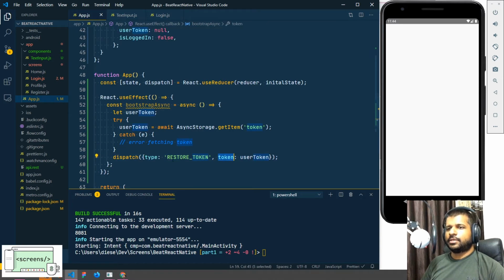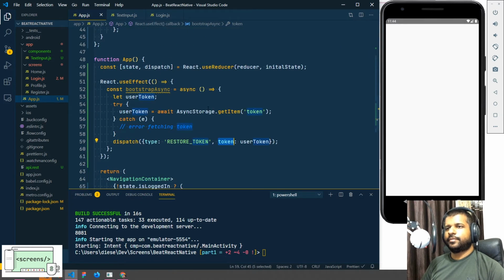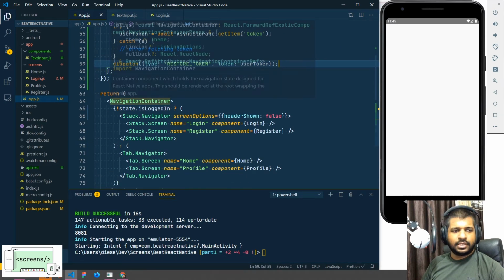This key will be action.type and this will be action.token. You can see that we are switching over action.type. If the action.type is restore token, we get the token from action.token and put it in userToken. So cool, I think we have